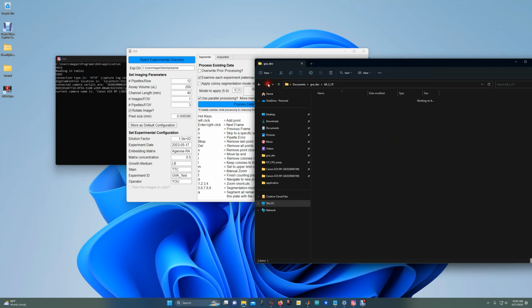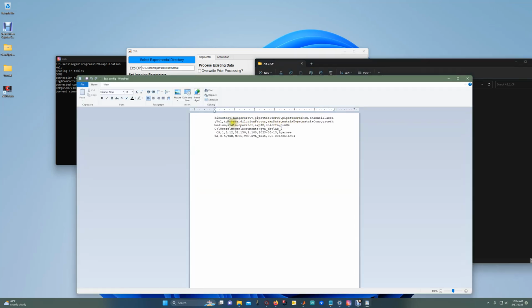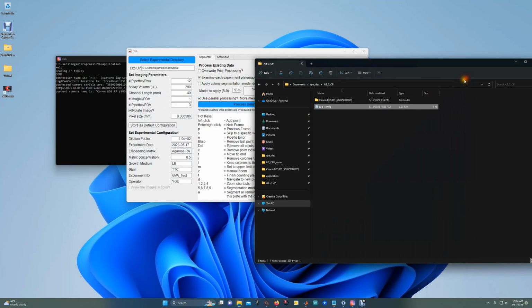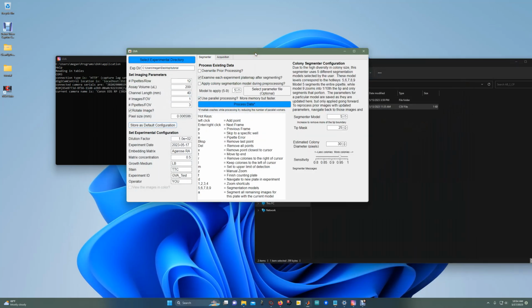So what this looks like is this xconfig file, which is written into the folder where your experiment was run. And this is just a CSV file with the directory, the number of images per field of view, etc. It's a good way of bookkeeping. So the